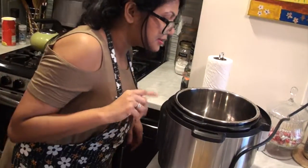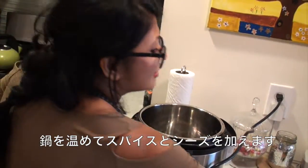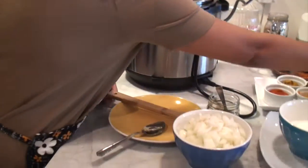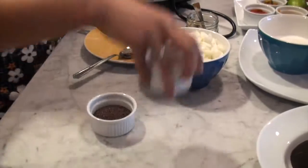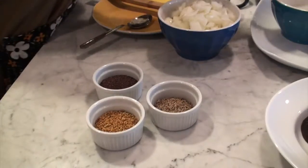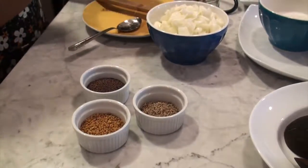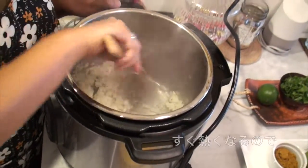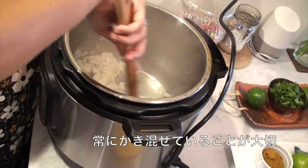And then when that heats up a little bit, I'll add my spices, seeds here, my mustard seeds, a little bit of this, a bit of that. I'll add some curry leaves. I'll add some onions. It heats up so quickly, like I have to constantly keep stirring to keep things from